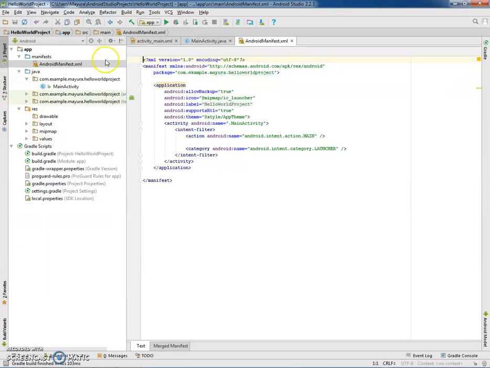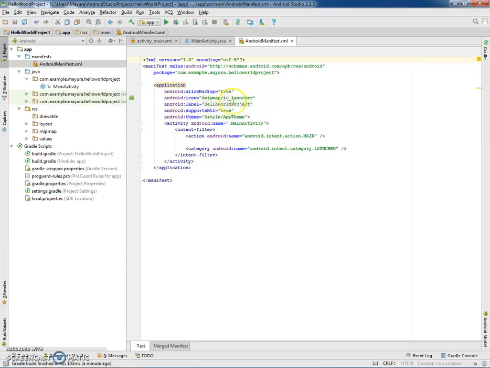So now let us have a look at the manifest file. The manifest file forms the most important component of an Android application. It will have all the information with respect to your application. In our case, we have created the project with the application name as Hello World project, and your application's icon by default will be using IC Launcher.